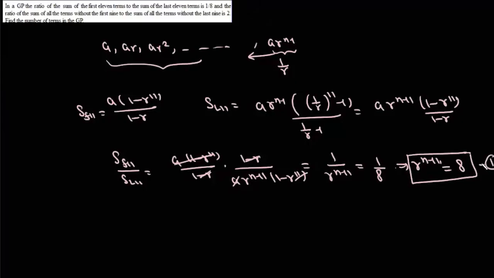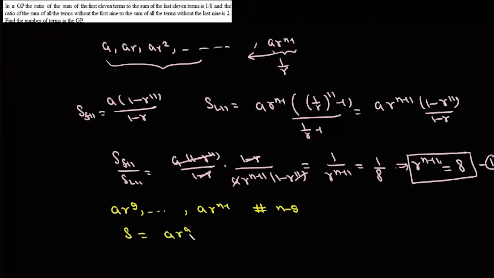And it says the ratio of sum of all the terms without the first 9 to the sum of all the terms without the last 9 is 2. Find number of terms in this GP. Now if we leave out first 9 terms, then we'll start with 10th term, which is A r to the power 9. I'll go all the way up to A r to the power n minus 1, and here number of terms will be n minus 9. So sum of such numbers will be